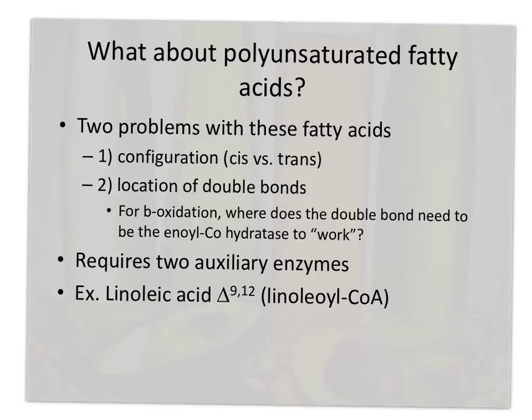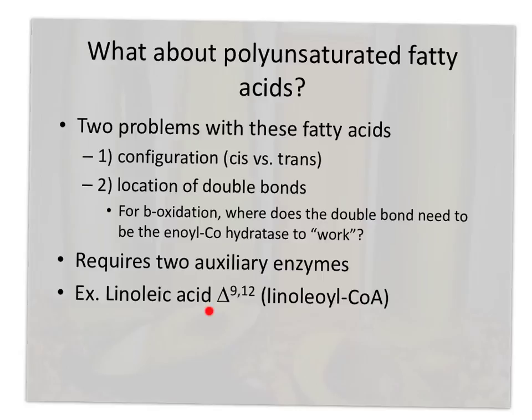Okay? So here we have to think about, that's supposed to be a beta sign, but it didn't copy over. For beta oxidation, we have to think where the double bond needs to be for that hydratase to work. Remember, that double bond's got to be at position 2, not position 3, with respect to the carbonyl, the ground zero carbon. It can require 2 auxiliary enzymes, and this is just an example. This is linoleic